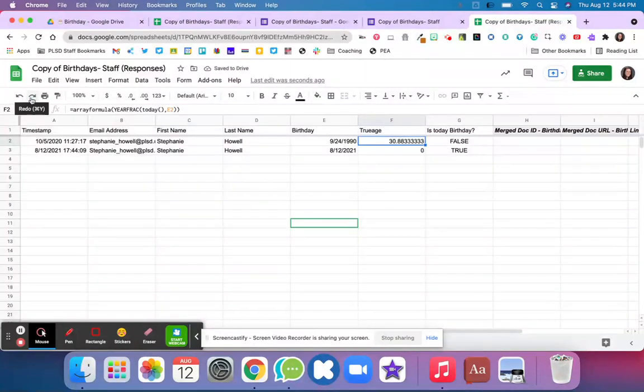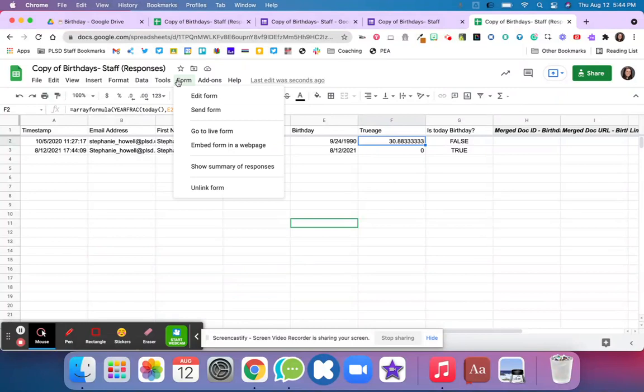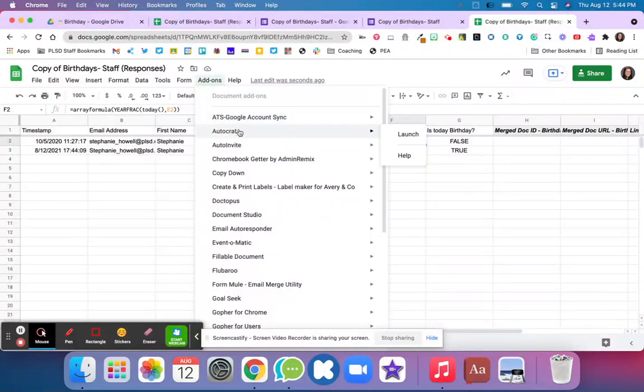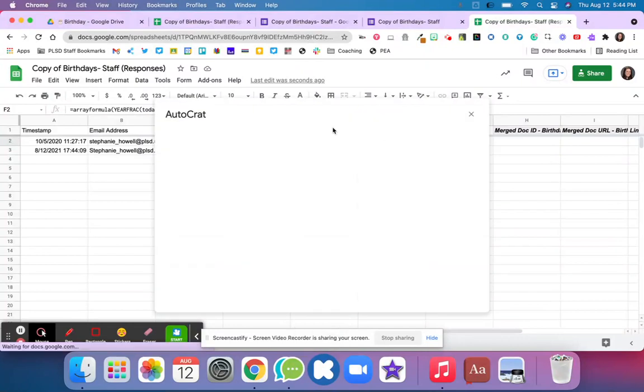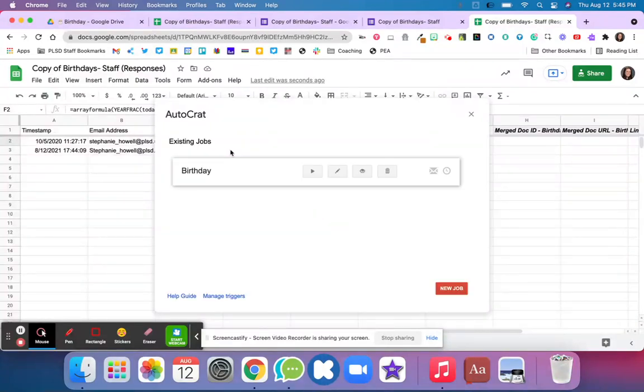Then the next step is setting up Autocrat. Because you made a copy, you're going to get a sample of my Autocrat. So I'm just going to go into add-ons, and then I go to Autocrat and I hit launch. Autocrat is a mail merge. It makes your life a lot easier. So the faster you can learn this, the faster that it might be to do simple tasks to personalize things